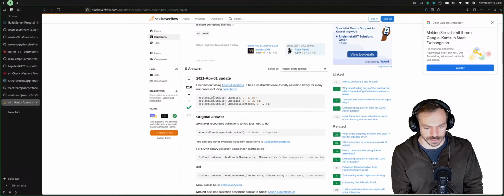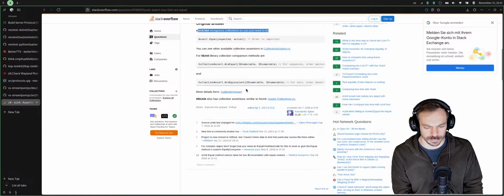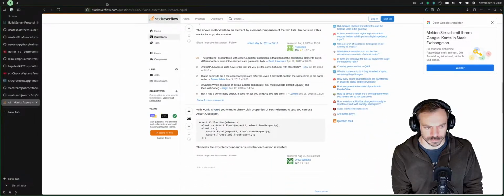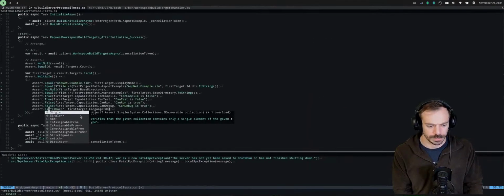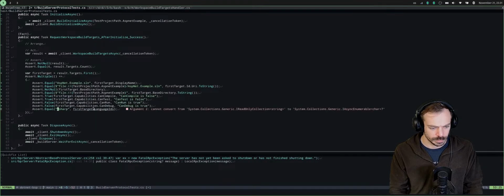And the sections, okay. I recognize collections, so you just need to equal. Okay, let's just do this. Equal.